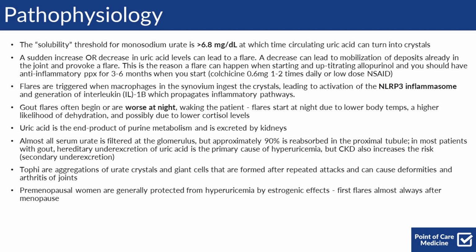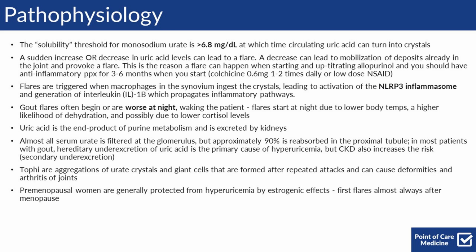Tophi are aggregations of urate crystals and giant cells that are formed after repeated attacks and can cause deformities and arthritis of joints. Premenopausal women are generally protected from hyperuricemia by estrogenic effects, and first flares are almost always after